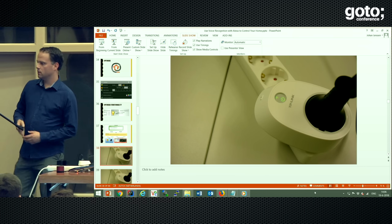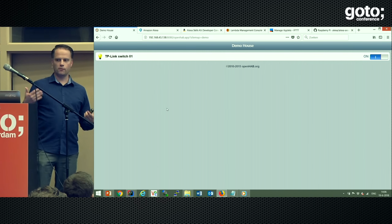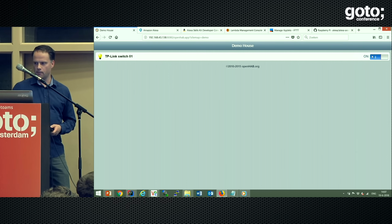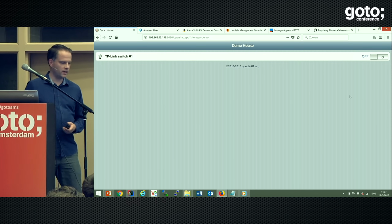So I'll also show that in the web interface, by the way. This is a really simple example of openHAB, simply one switch that I can control. And with this, I can say, okay, power off, and then you can see my laptop is no longer charging. Off. And when I now say,